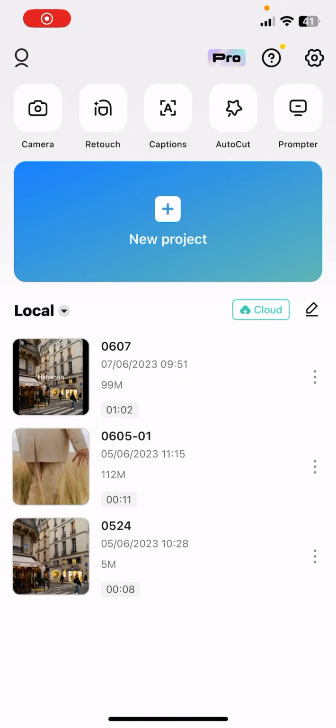Hello guys, in this video I'm going to show you how to add stickers to your photos and videos in